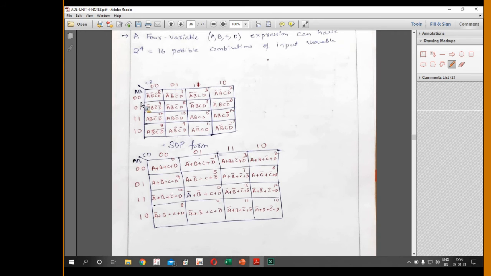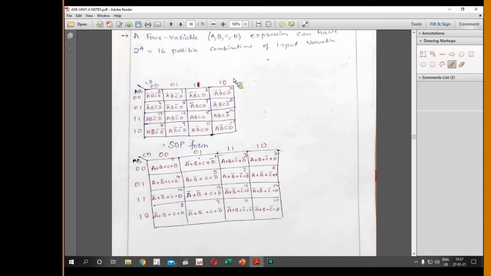So now for those rows, A, B are, so we have drawn a line over there, and under that line, the lower one is your most significant variables, and on the upper part of this line, we have to represent the least significant variable. So A, B, C, D are the variables of a given function. If it is given with A, B, C, D, you have to represent A, B, C, D. If it is given with W, X, Y, Z, then you have to follow that alphabet order, W, X, Y, Z. Okay, so is it clear?